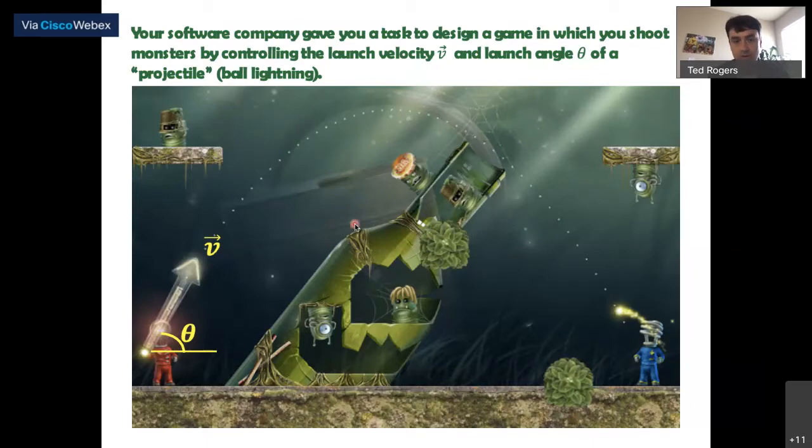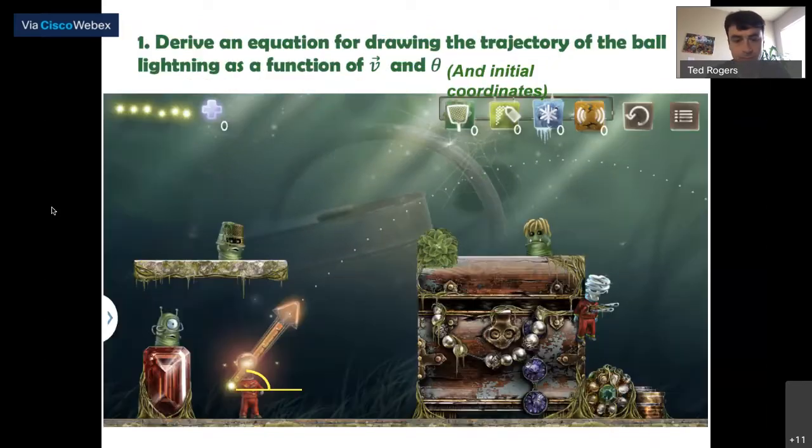Okay. So if the person playing the game sets the initial velocity to one thing, what is the angle that they have to use to hit the monster? Okay, let's say that we know the X position of the monster and the Y position of the monster. Okay, so maybe you have a scenario like this. Here's the protagonist of your game. And if you shot a ball lightning ray, it would follow a path like this. It starts at a particular angle and with a particular initial velocity.